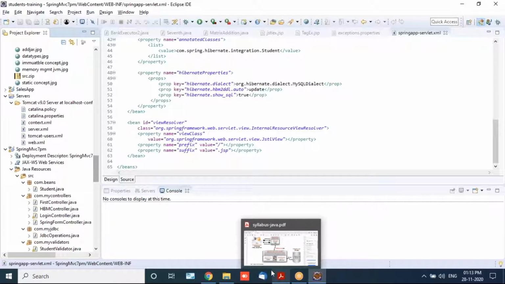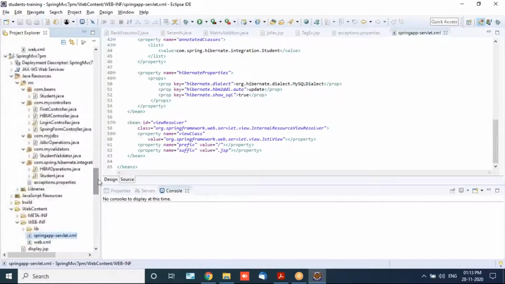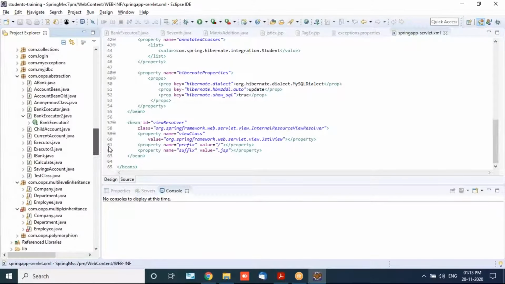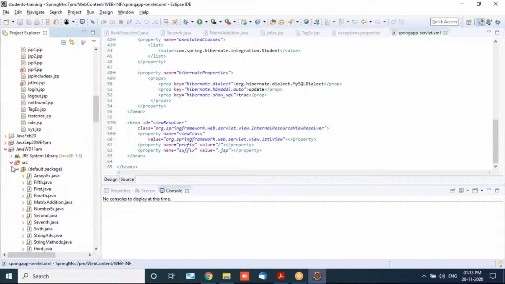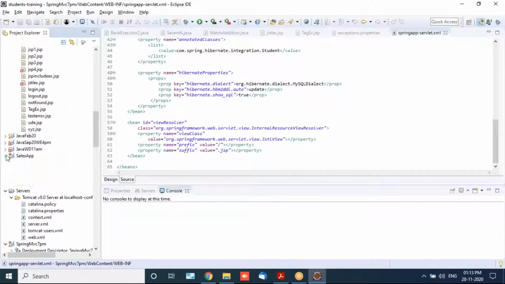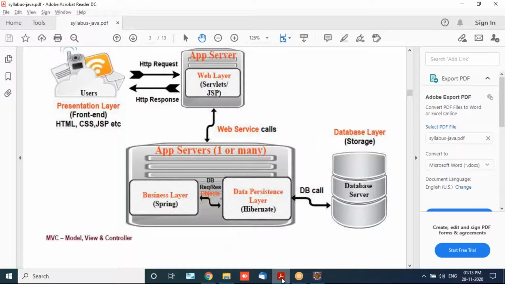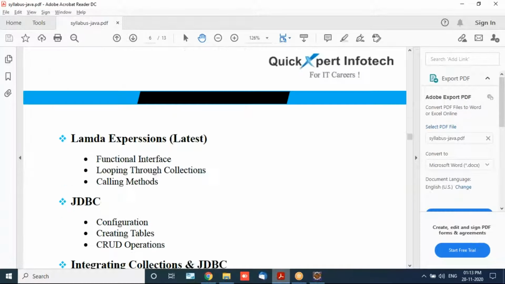So this is how you will be completing one entire project as part of your training program. Right now I've given a practice session to my existing batch to implement the sales application. This is an ongoing project, with things like add customer, create sales, everything. This is the ongoing application that I have given as practice to my existing batch. This is how your entire course is done.